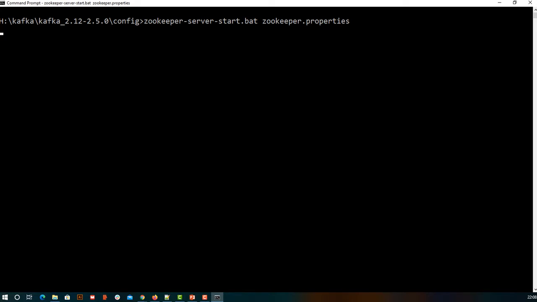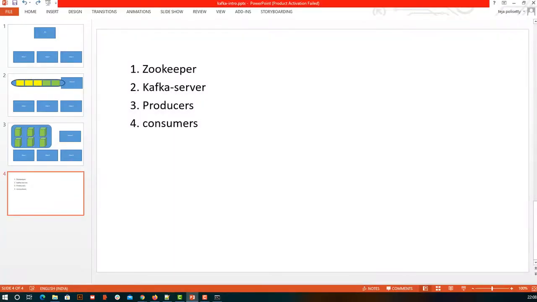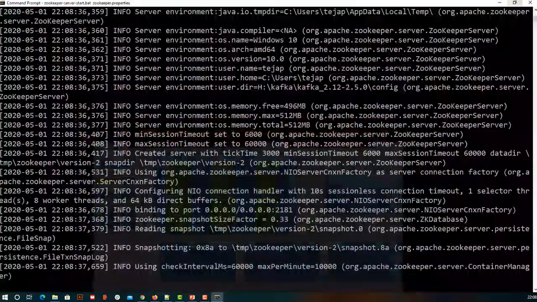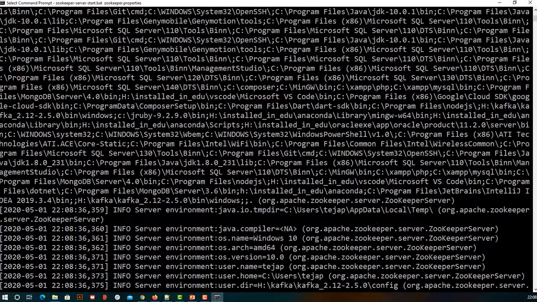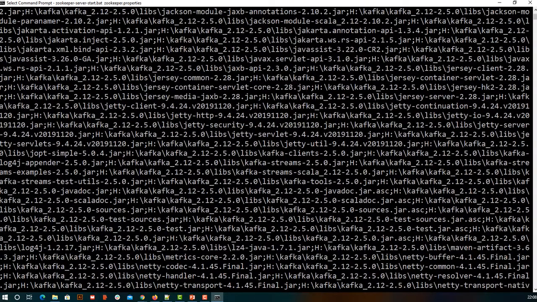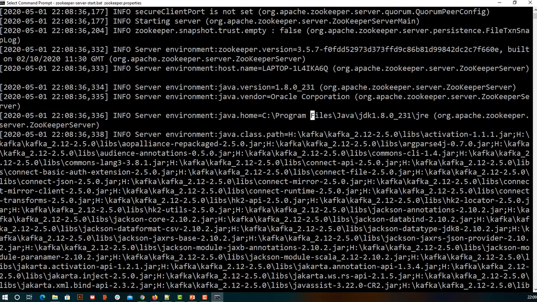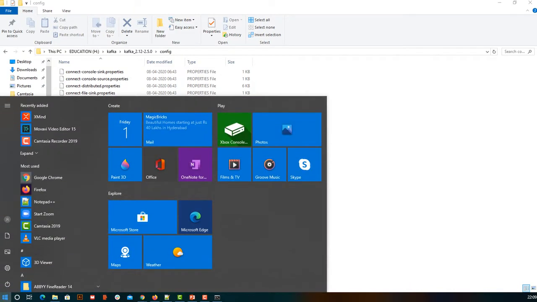But meanwhile, the second thing that we need to start is a Kafka server. So we have started a Zookeeper which is going to manage the servers in these clusters, but now we are going to create a broker. Okay, from now onwards we'll not refer to it as a server, we'll call it a broker. Okay, so if I'm seeing this, Zookeeper is started and is ready to accept any connection from any Kafka server. Okay, so let me minimize this and open one more terminal.